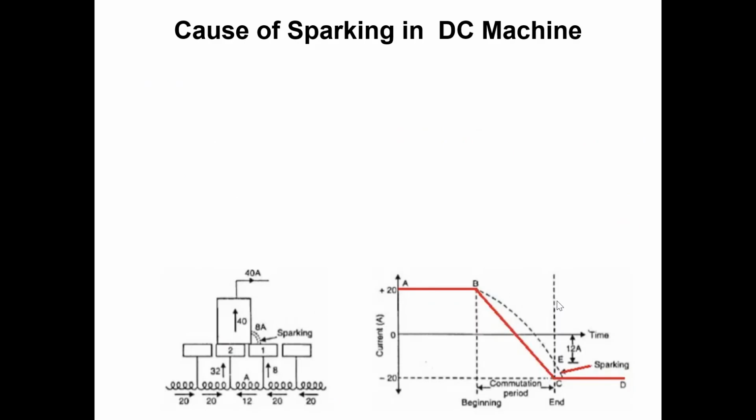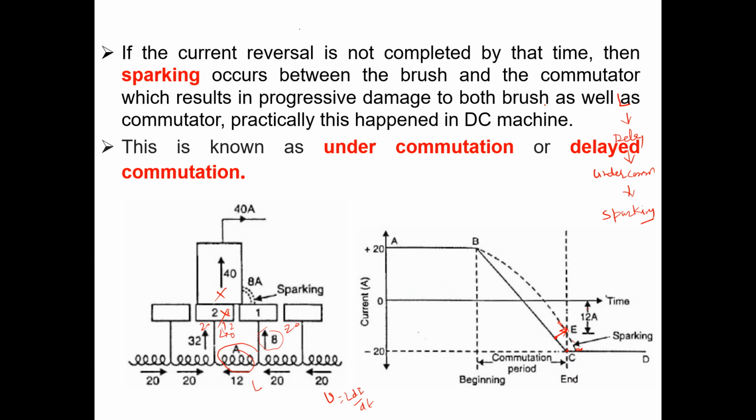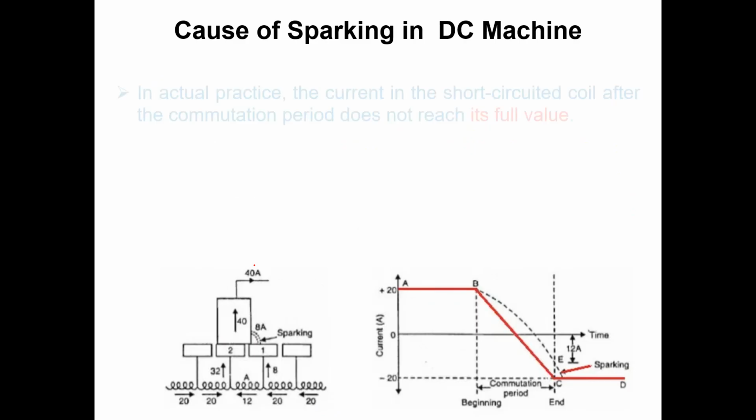Then the cause of sparking. What is the cause of sparking? I earlier told this is the cause of sparking, this inductance L, and due to this inductance there will be a production of voltage, and that voltage is responsible for the sparking, because this VL is responsible for the flow of this 8 ampere current until the brush is moved to commutator segment 2. The brush has even moved to commutator segment 2, yet current is still flowing here. Due to what? This will be the formula VL = L di/dt, due to this inductance of the coil. That means this induced voltage is responsible for the sparking.